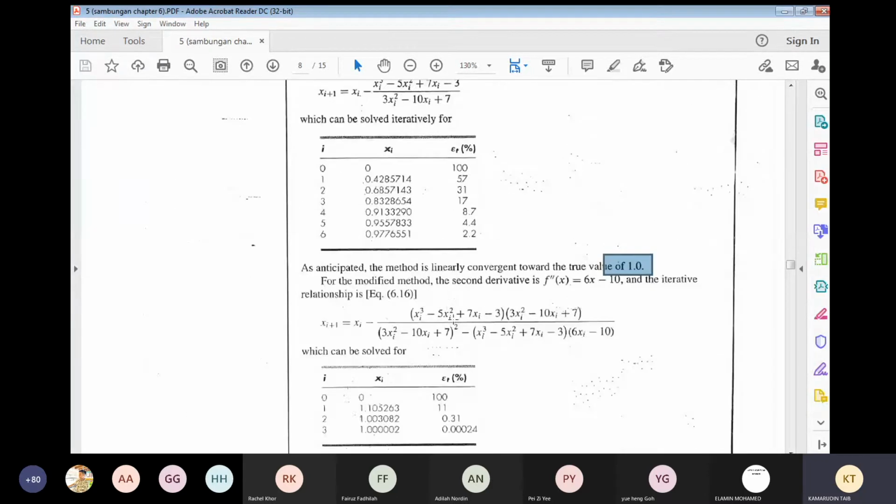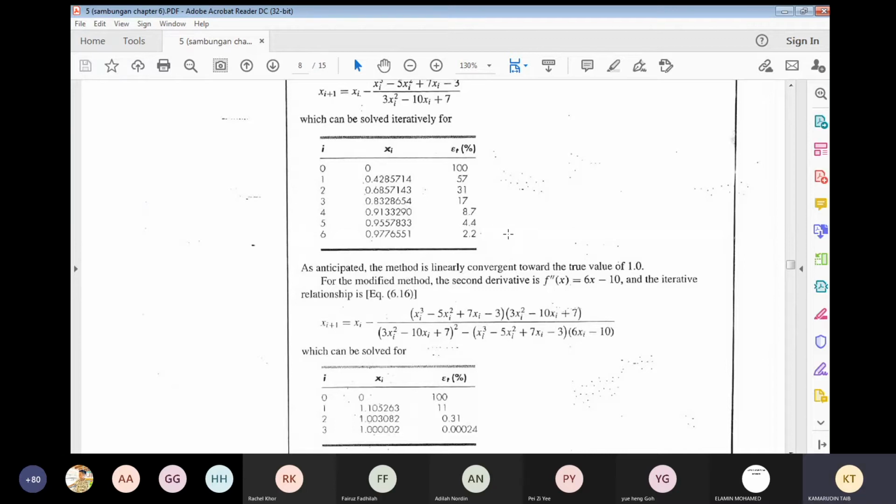For the modified method, we have to take the second derivative of the function. So the second derivative is f double prime equivalent to 6x minus 10. Then we use the equation for multiple root Newton-Raphson as shown previously,